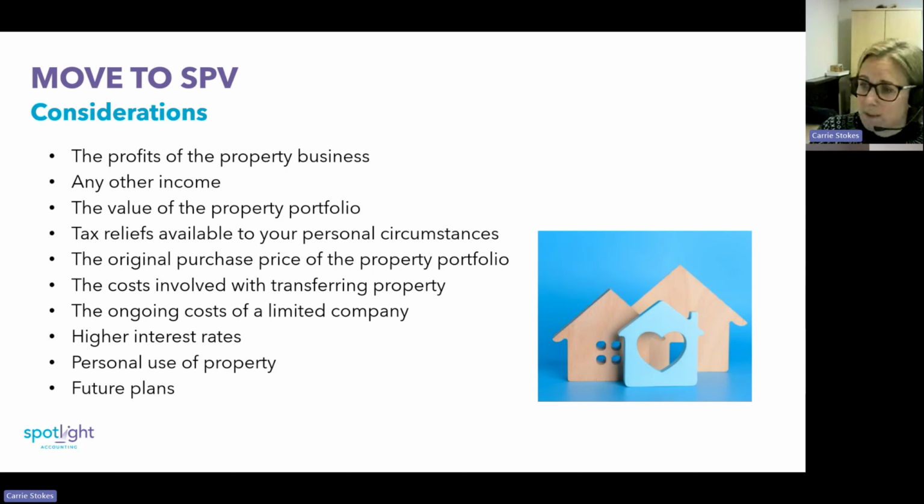Also, future plans. So we've got landlords that are looking to retain when they retire, so they want to hand over that portfolio to the next generation. We've also got landlords whose children just have got no interest in managing a property portfolio, and if that's the case and you're looking to crystallise the value of your property portfolio over a period of time, so it might be selling over a period of time as an option, an SPV might not be suitable for you.